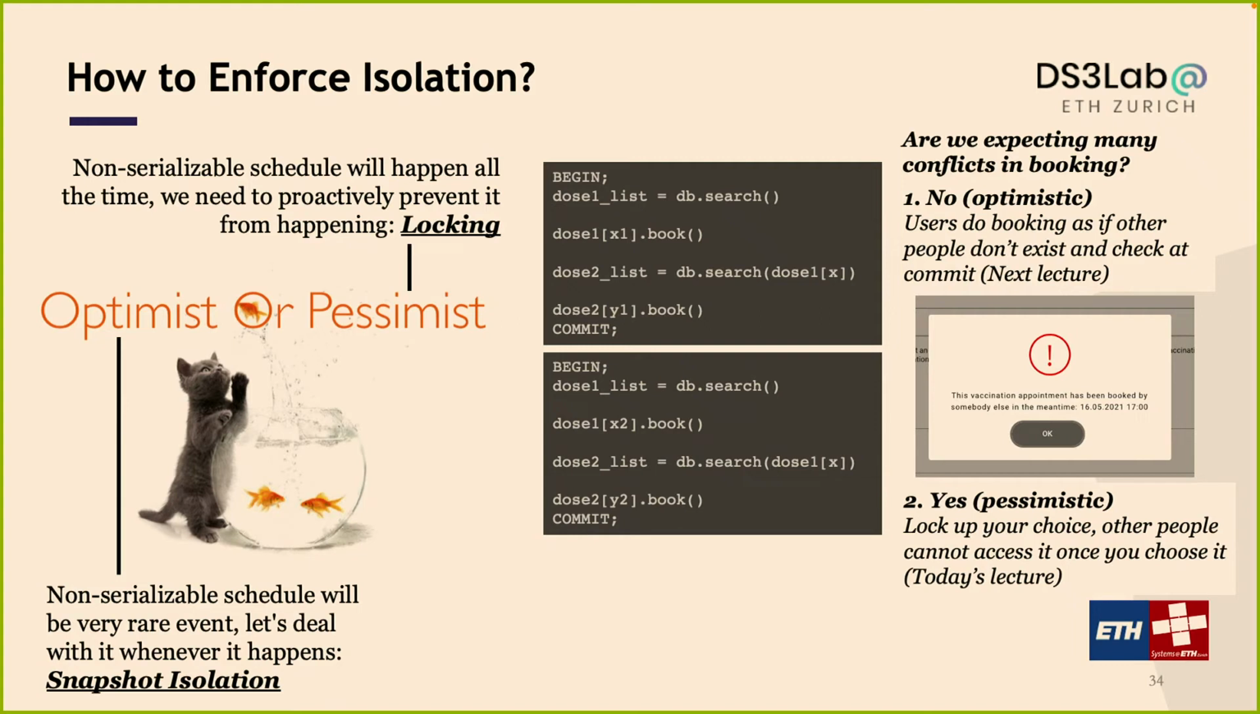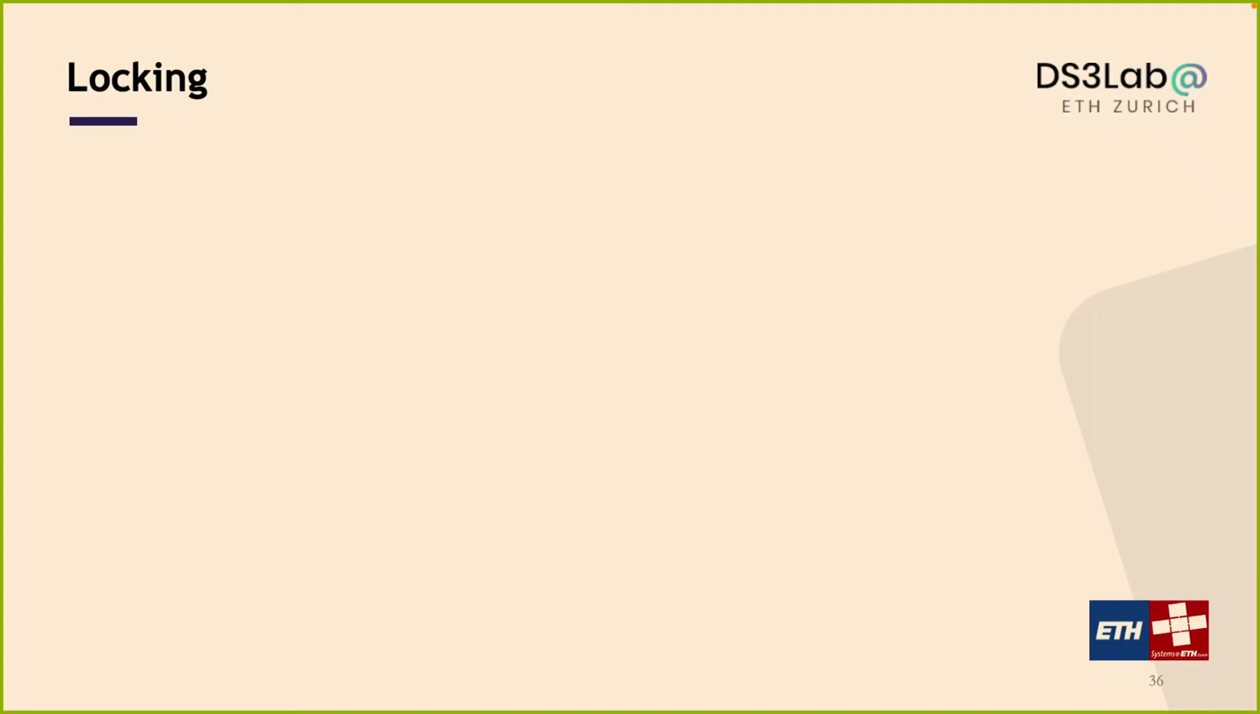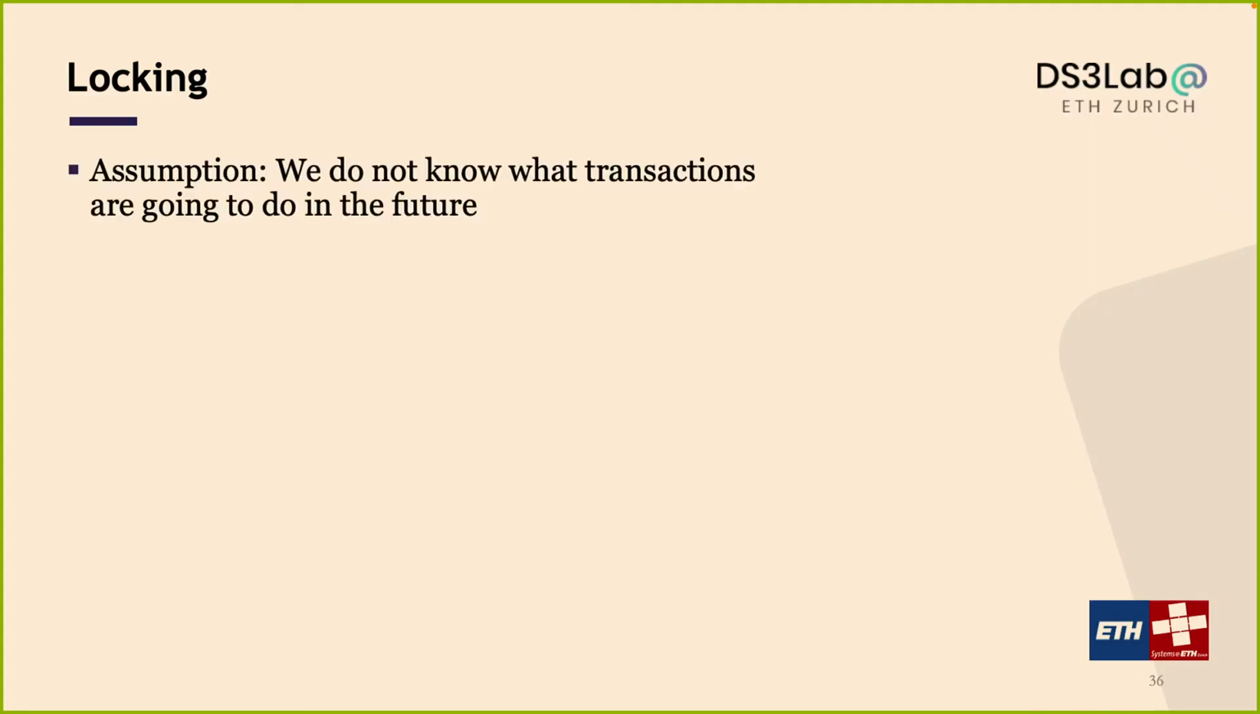So today, we are going to take a pessimistic view. We are going to think about how to proactively prevent non-serializable behavior from happening. And next week, we are going to take an optimistic view. We are going to let everyone run, and then we check when they want to commit. Okay? So one way to take a pessimistic view is by holding locks. So, the high-level idea